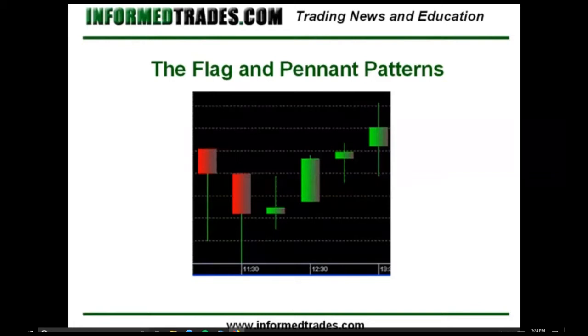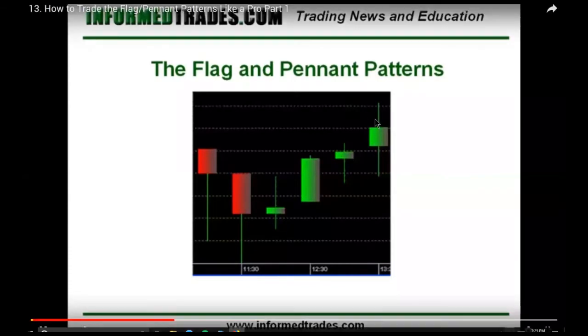And then the flag is represented by a consolidation which can be encompassed by a rectangular formation, and a pennant is represented by a consolidation which can be encompassed by a triangle. When a flag or pennant occurs in an uptrend, a break of the top resistance line is oftentimes looked at as a resumption of the uptrend. Conversely, when a flag or pennant occurs in a downtrend,